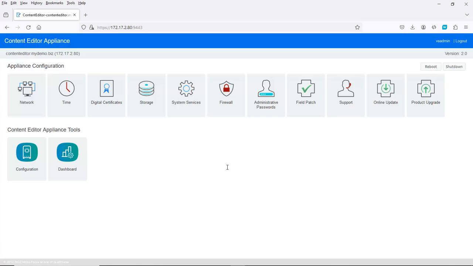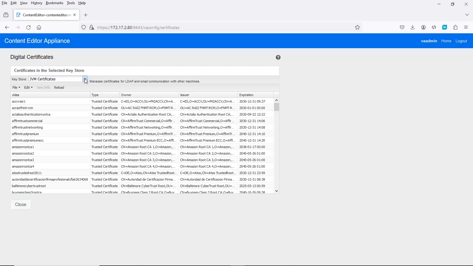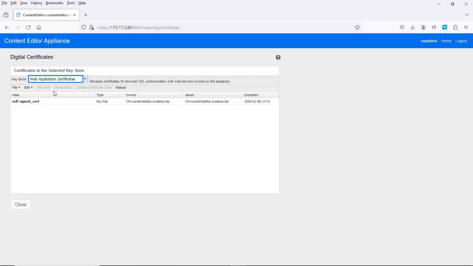So before we actually do the configuration for the content editor, there are a couple of things we need to do. First of all, there's the digital certificate that we need to bring in. So this would be a proper certificate that you've sourced from a certificate authority. I'll just come in here, and we want to import that on the web application certificates. And if I just go to File, Import,